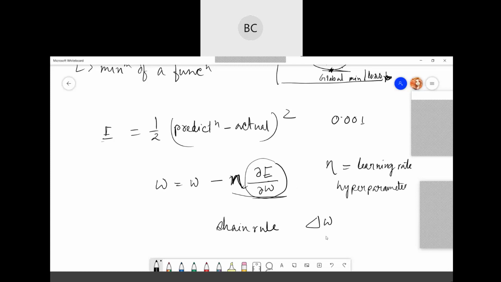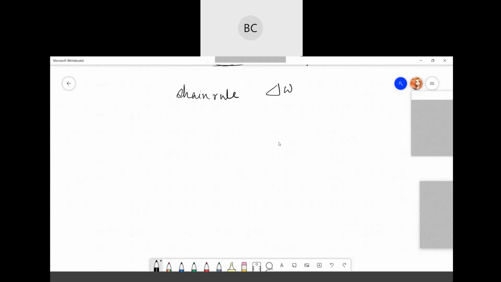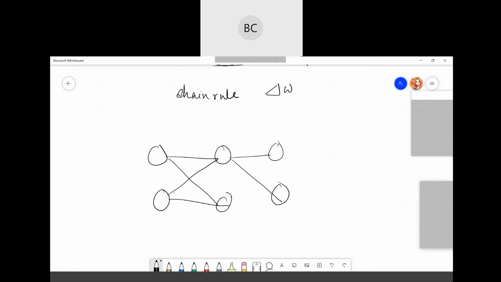Suppose we have a function here. So this will be your output.